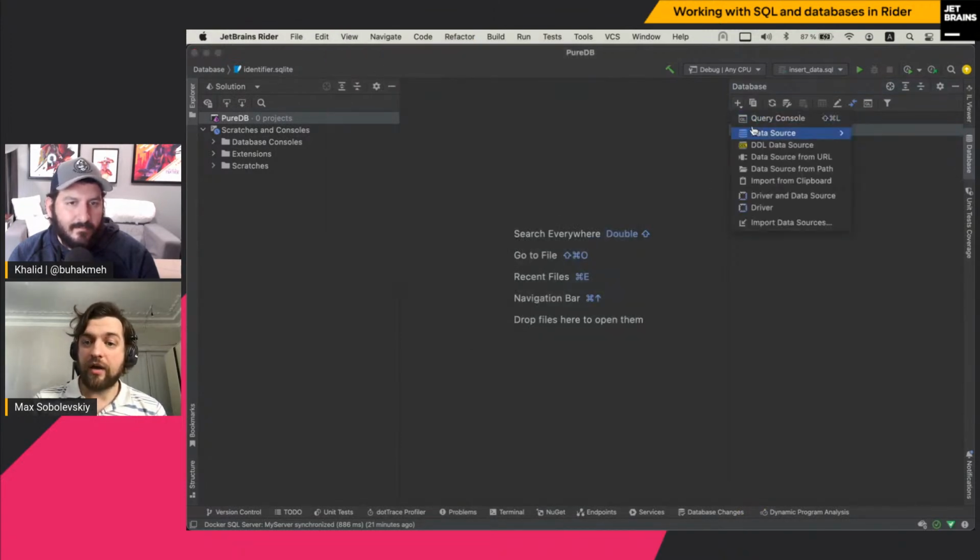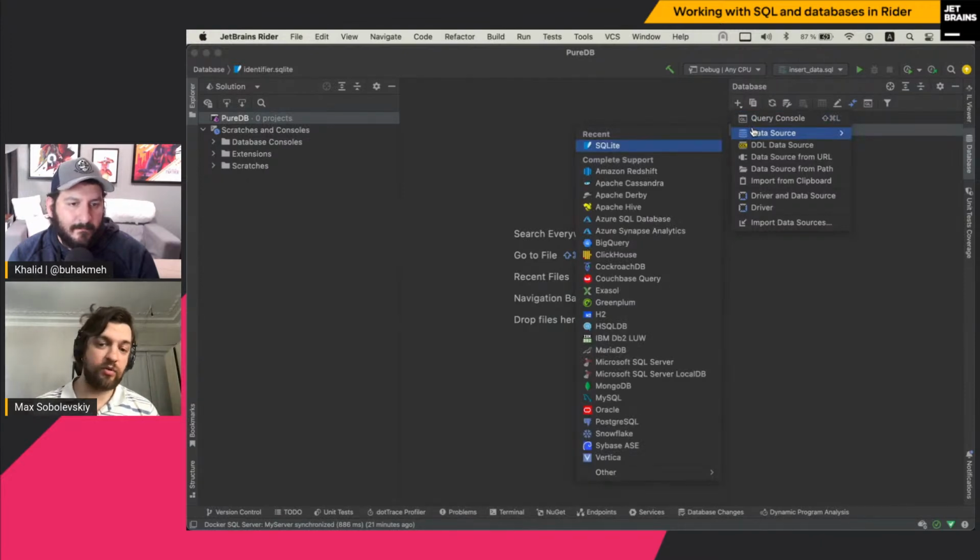So here is the list of the databases we support. This list is, as you can see, pretty long. Basically all the major and famous database vendors are supported by DataGrip and Rider. This is the list of complete support, as we said. What does complete support mean? It means that